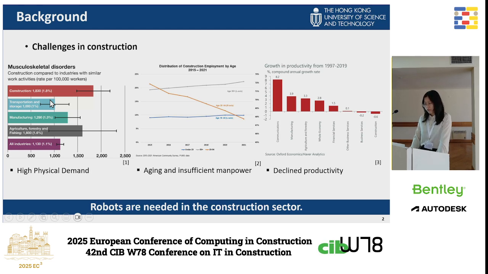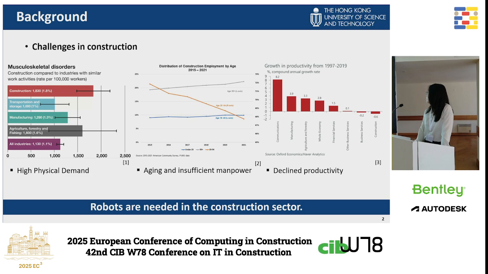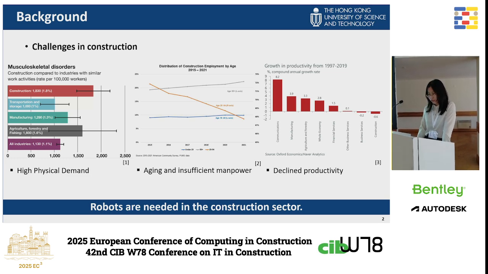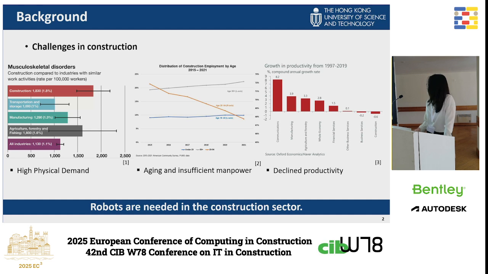So there's a lack of human manpower resources among the construction workers. And also, the construction industry is globally recognized as having the least integration of automated and digitalized technologies. So in the past few years, there has been a decline in productivity across the entire industry. That's because the traditional construction pattern has reached its limit of technological performance. Therefore, construction robots are needed in the construction sector, considering their ability to improve productivity while relieving workers from the dangers and also the heavy work.